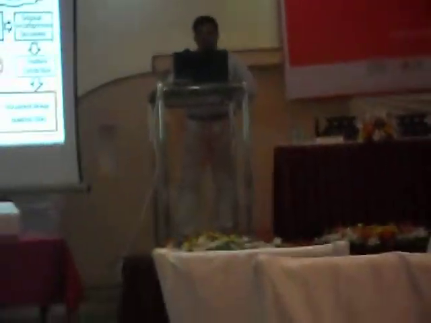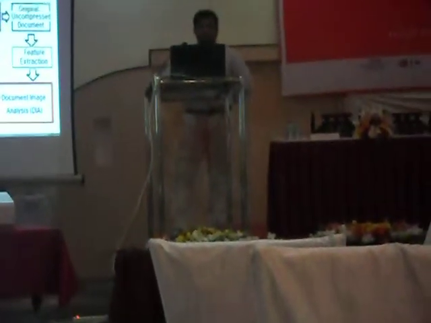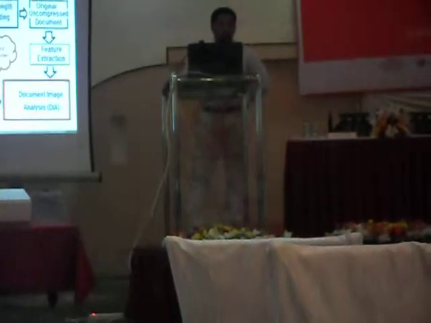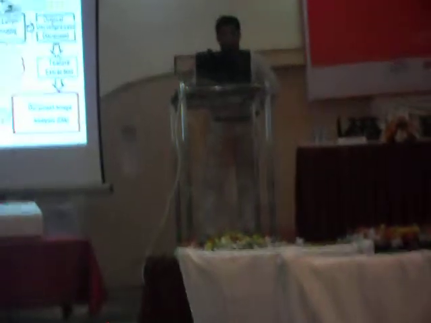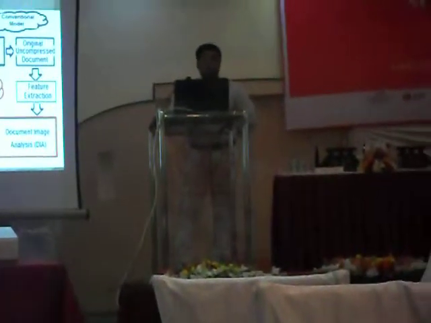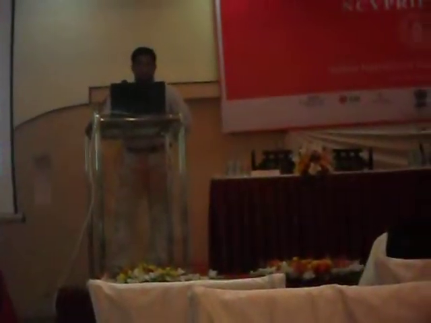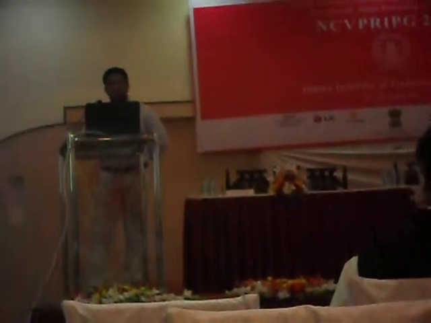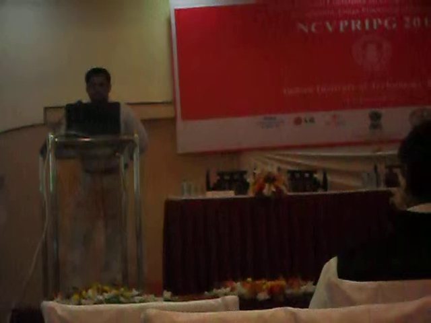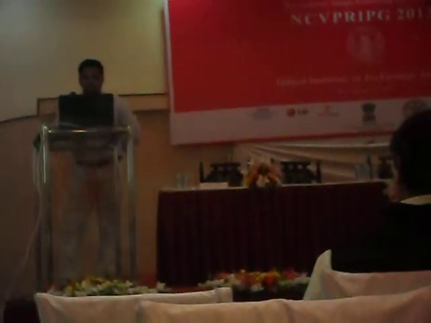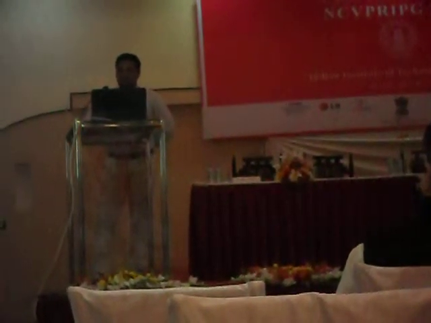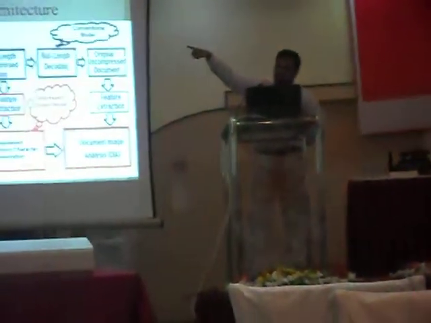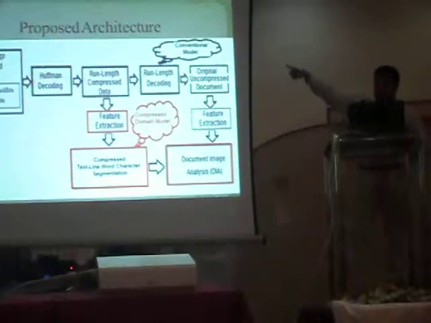Without Huffman decoding, we find very little work; one or two papers can work without Huffman decoding, but it is very challenging. So the first stage is Huffman decoding, then extracting the run-length compressed data. The usual flow is from the top: we decompress the run length code, and then